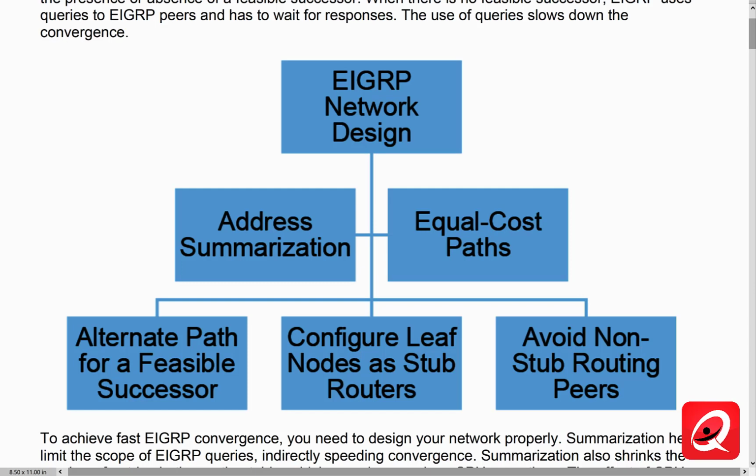Now, as far as actually scaling EIGRP, it really depends on how much of these features you implement. If you're doing route filtering, if you're doing summarization, if you're doing query scoping with stub routing features and so on, you can achieve really, really fast convergence in a relatively large network. We always talk about